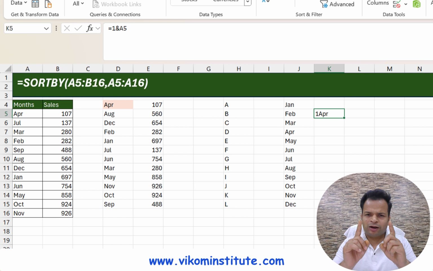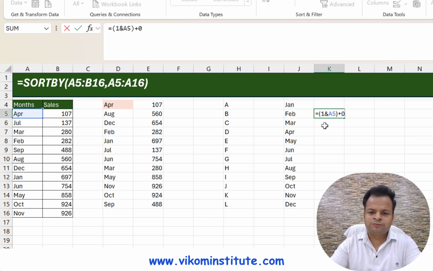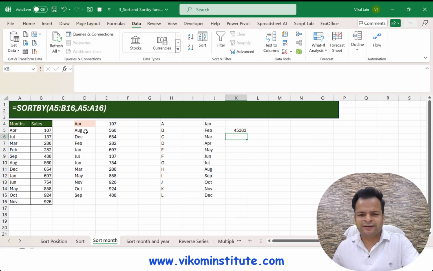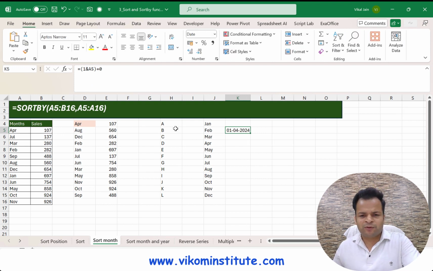So I need to add 0 to it. Then this text would automatically become your date. So if I simply add 0 to it, you can see now this text has automatically become a date. Now if I convert this to short date, you will see 1st April.